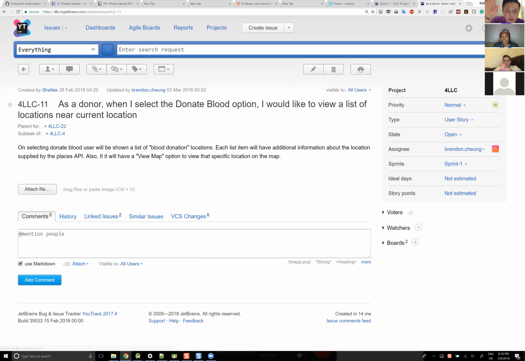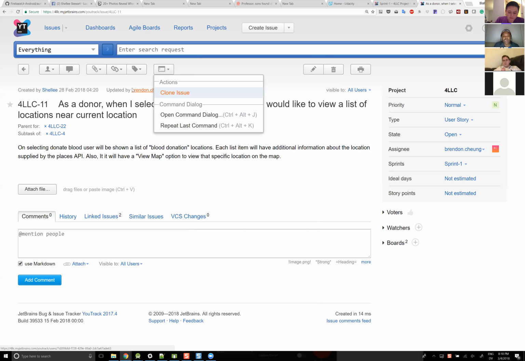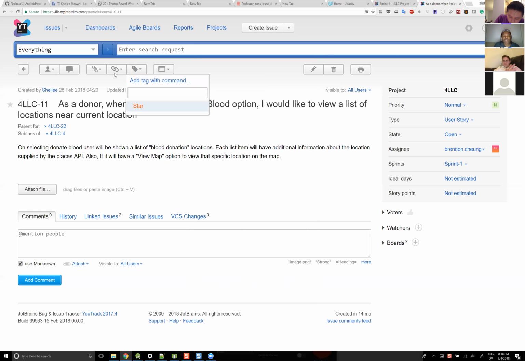So the part that I'm working on should be displaying the donation centers based on the user's current location, right? In Google Maps, correct. Through an implicit intent to Google Maps, and with the search parameters, I guess, of blood donation center, whichever parameters will get